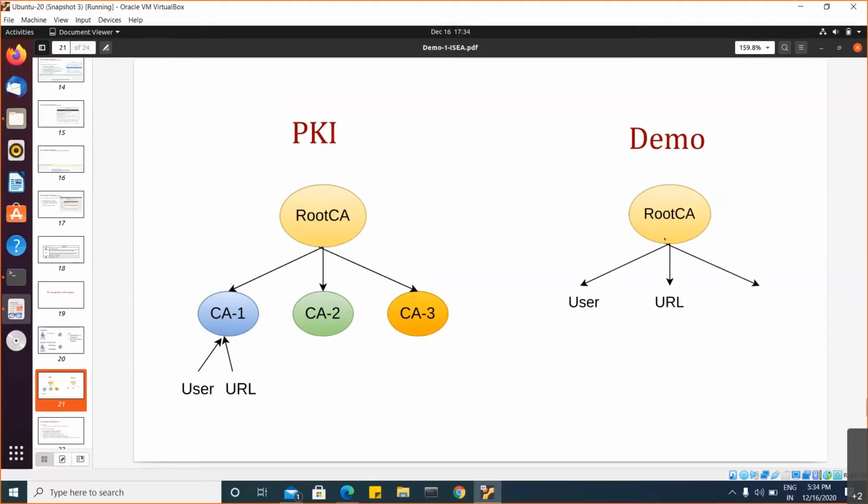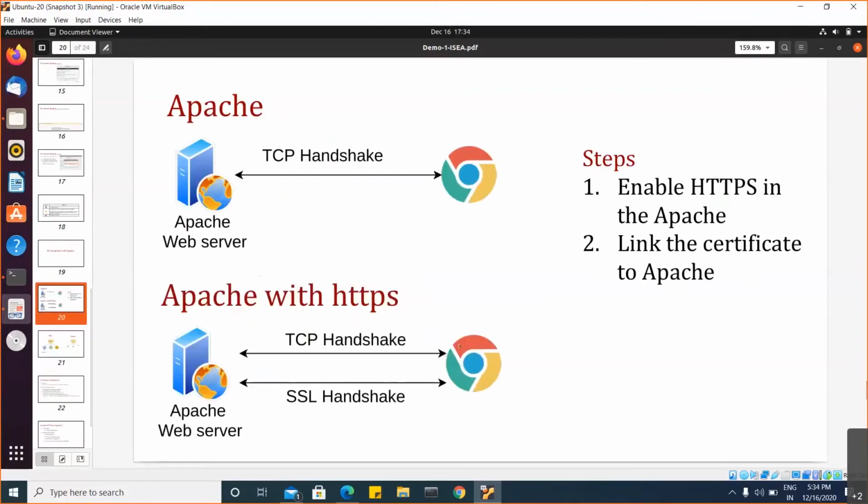And this root CA is going to issue a digital certificate to a particular website. As I said earlier, whenever you use SSL communication, the data will be transferred in a secured way. Nothing needs to be done on the web browser side. The only thing to be done is that we need to enable Apache with SSL.